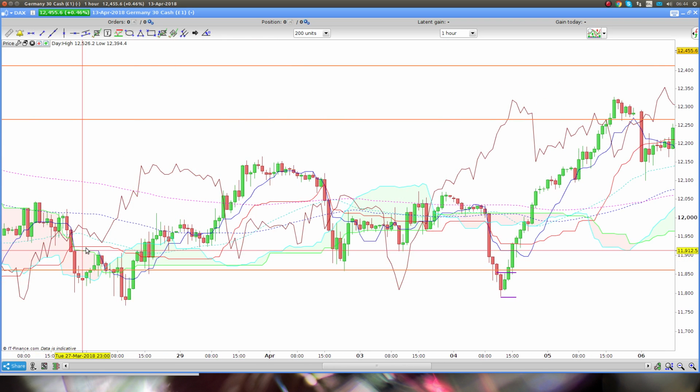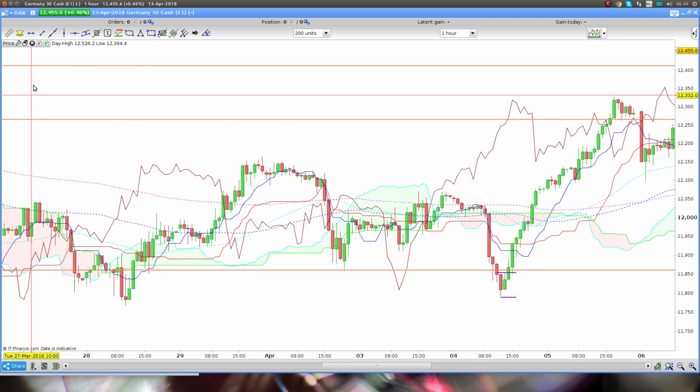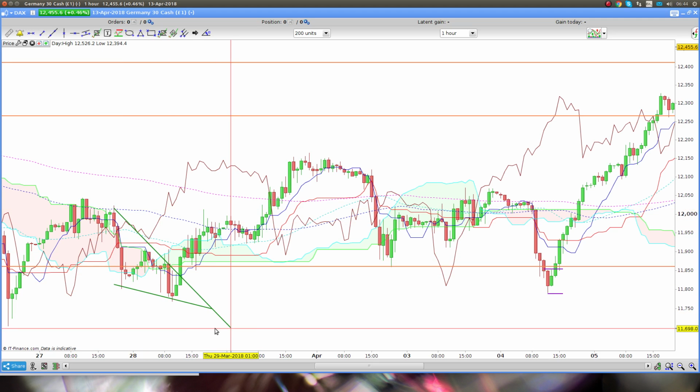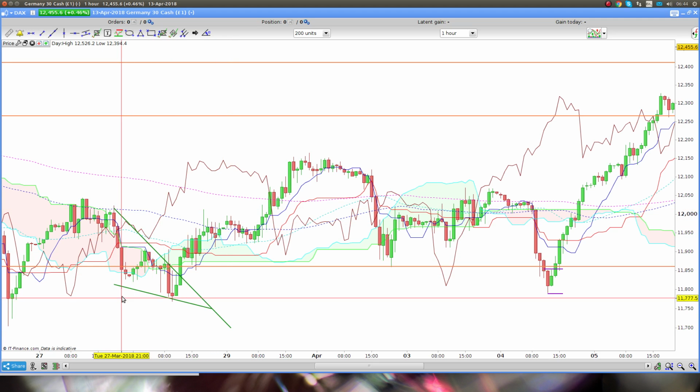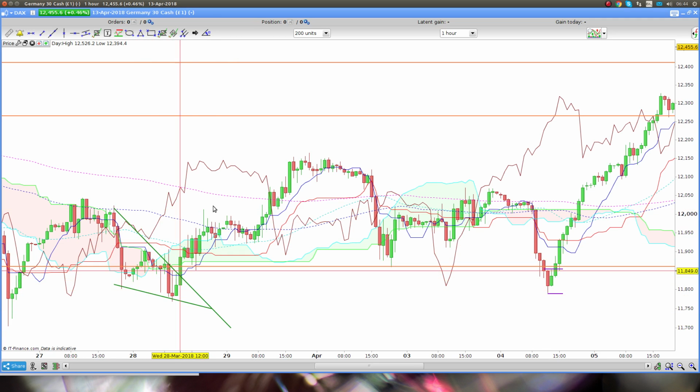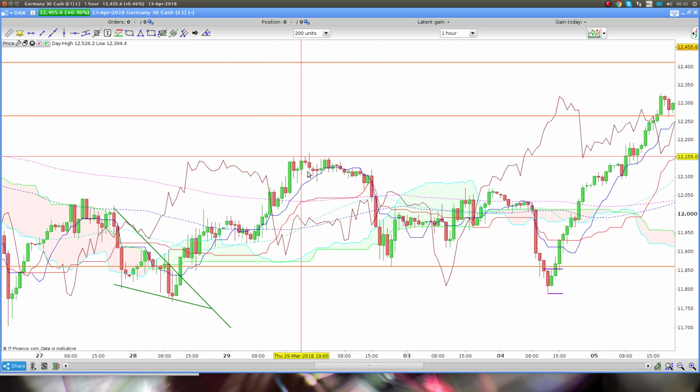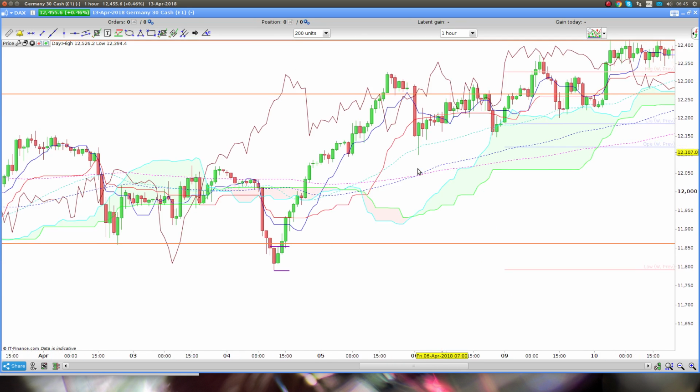Okay, and here you can see a consolidation which turned out to be a wedge. So there and there. Okay, so you can see how price consolidates in this area before it breaks out. Consolidates again, using it as a level, breaks out, consolidates on the 200, see how it consolidates on the 200, then breaks out, consolidates at the level. So